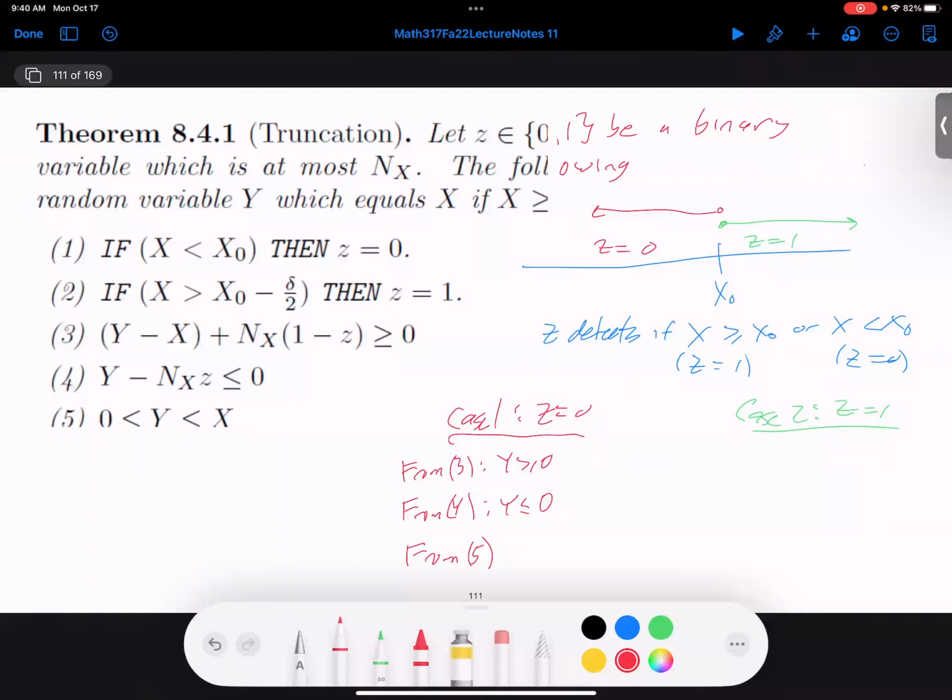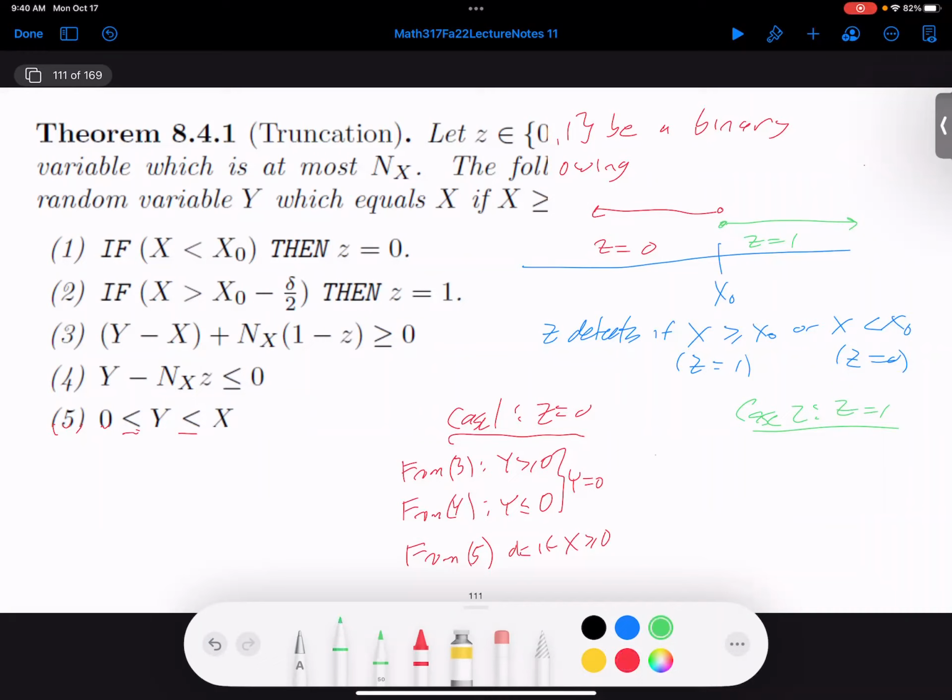These two things over here, these make y equals 0. And so as long as x is positive, there's no problem. So for 5, we're okay if x is greater than or equal to 0. And we will basically assume that we need equal signs here. I'll extend things out a little bit. All right, so if z equals 0, then this gives us a new variable y, which is equal to 0. Let's look at what happens now when z equals 1.